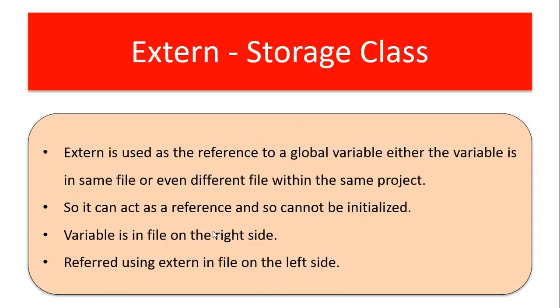Now the last part of storage class, external variable. An external variable is nothing but a global variable present in a file that exists in the same folder. For example, we have files named a.c and b.c, both present in the same folder. A global variable named age is present in b.c. When we want to access this global variable age that is present in b.c from a.c, we can use the extern keyword. So the extern keyword is used to access a global variable that is present in another C program that exists in the same folder where this file exists.